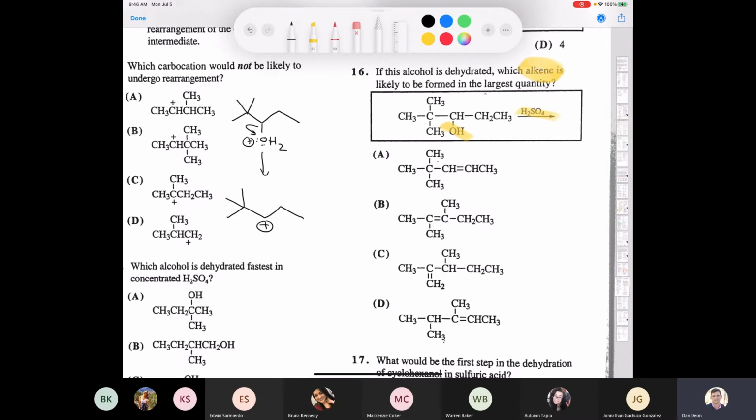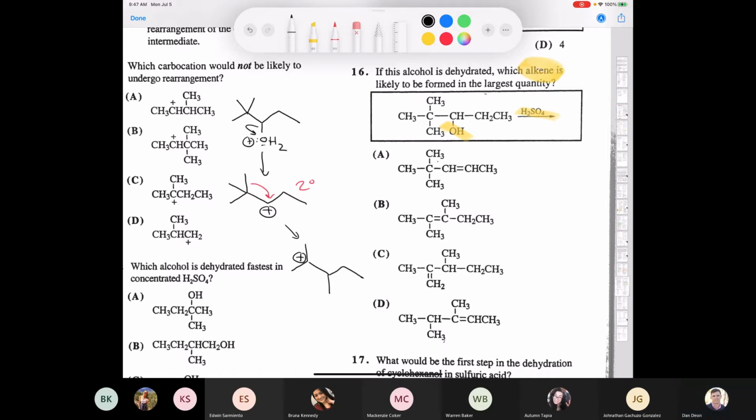Okay, now what's going to happen to that carbocation? Can anybody tell me what that carbocation is going to do before we eliminate a proton? It's going to do a rearrangement, isn't it? Why? Because this is a secondary carbocation, but it can undergo a methyl shift to give us a tertiary carbocation, can't it? So that's going to rearrange to produce this. Now I know I don't have a lot of room here, so just bear with me a little bit. So now we're going to end up with this